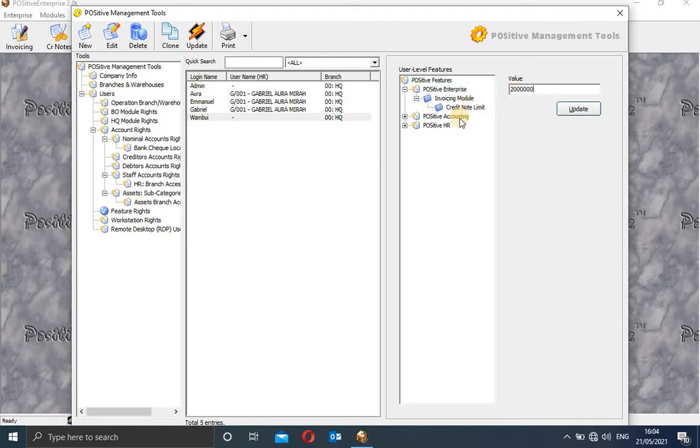Then I just update there. So if Wambui raises credit notes above 2 million, then the system will deny unless this limit is adjusted for her. So she cannot raise a credit note above the value of 2 million. So that is how you put controls there, so that nobody can just do anything.